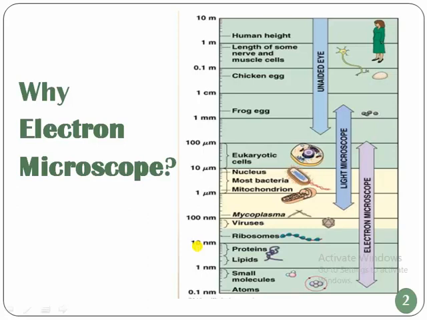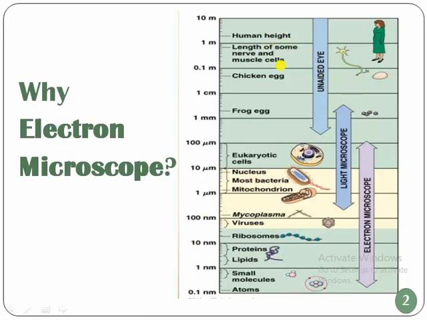First, we are human beings. Our human eyes have some limit and are able to resolve two points that are 0.2 mm apart from each other. Means what? We cannot resolve two points that are closer than 0.1 to 0.2 mm. So for the measurement of this kind of material, we require an electron microscope because our human eye has some limitations.